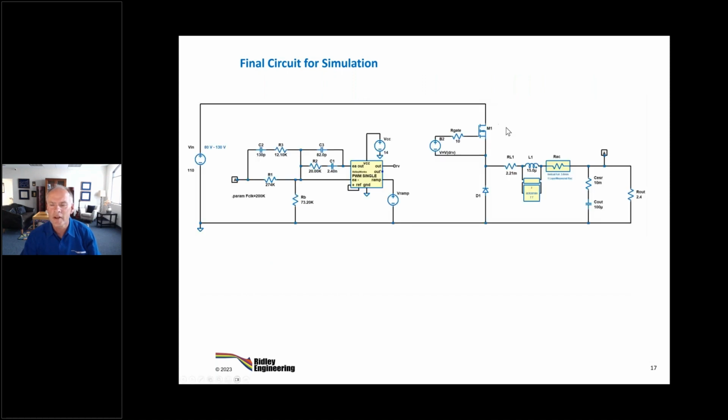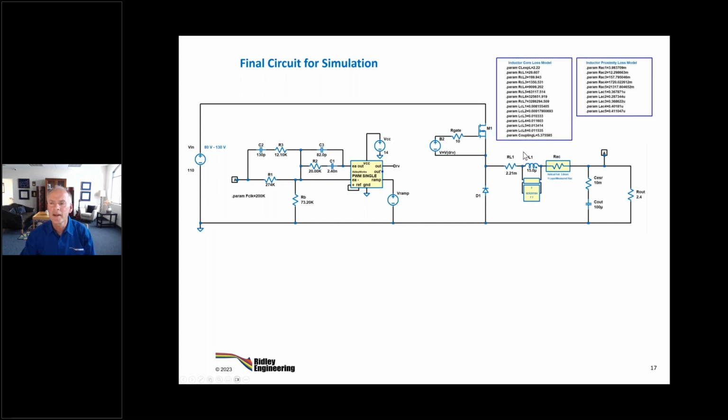So here's our final circuit for simulation. Here is the AC resistance, which is now the measured RAC. Here's our core loss model. Here is the inductor value. And here's all the values that are passed over from Ridley Works to the LTspice model. So you can see you've got to come up with 5 values of resistance and 5 values of inductance for the AC winding loss. All right, glad to hear that the sound and video is good now. Sorry about that, should have done that to start with, but always something.